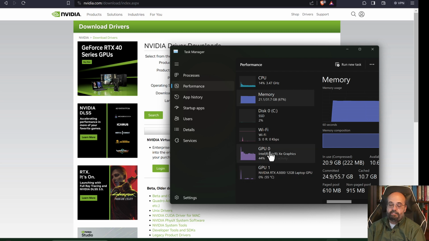It's got the Intel that's doing primarily the display. You can see it's kind of busy. And then there's an NVIDIA RTX A3000 12 gigabyte. That's my laptop GPU. Now, if you have less than 12 gigabytes, I don't know that you're going to buy yourself much by installing this for this particular course, but 12 works out reasonably well when I test it on